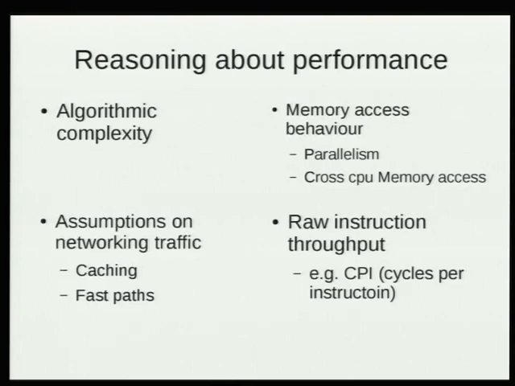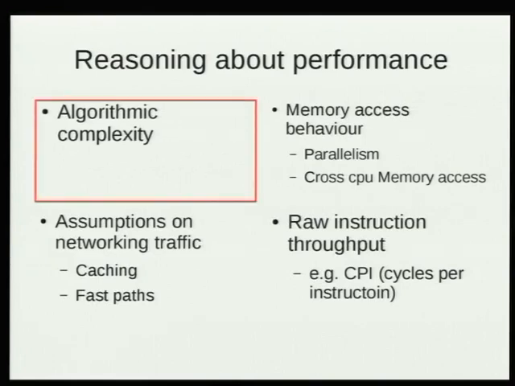And then there are some things which are not that important, but sometimes they should also be looked at, such as raw instruction throughput. That is only important if you look at crypto, or at the hashing patterns and hashing functions we use in the kernel. So I want to focus on